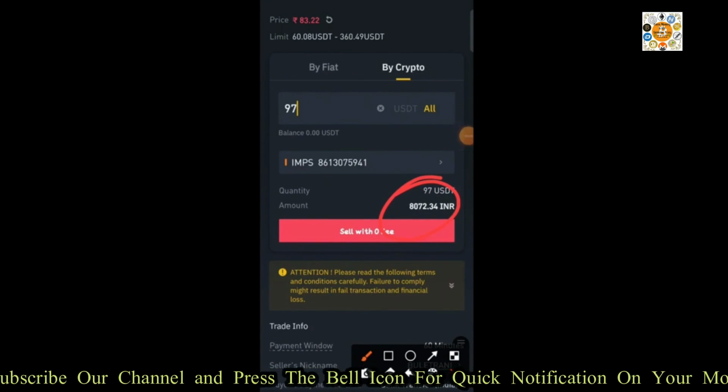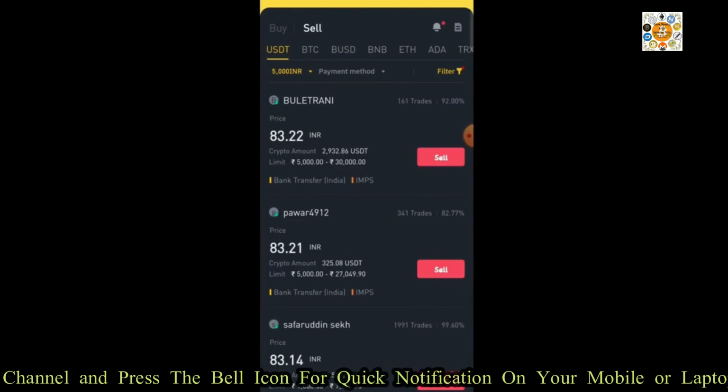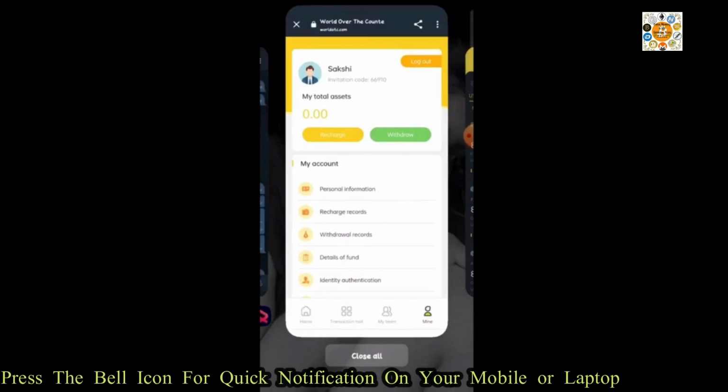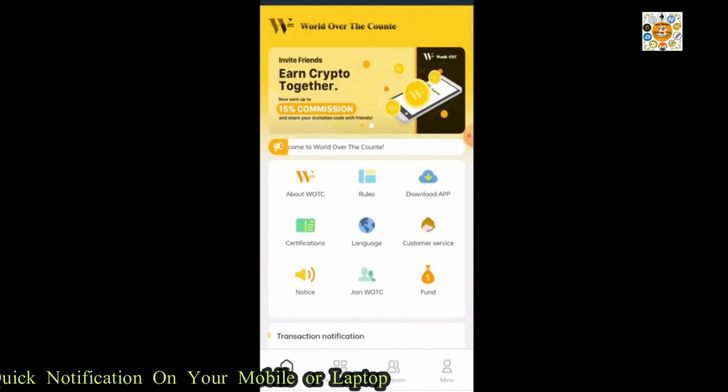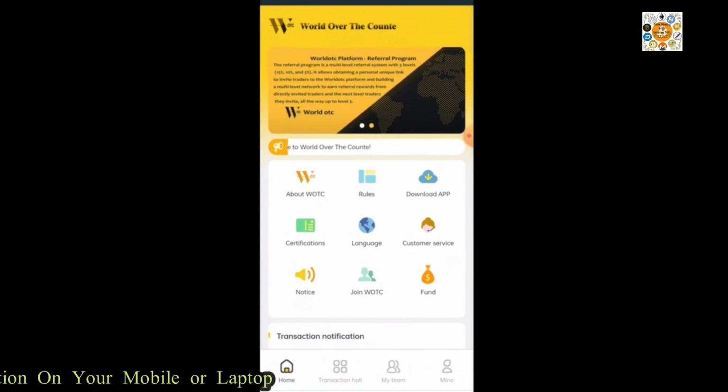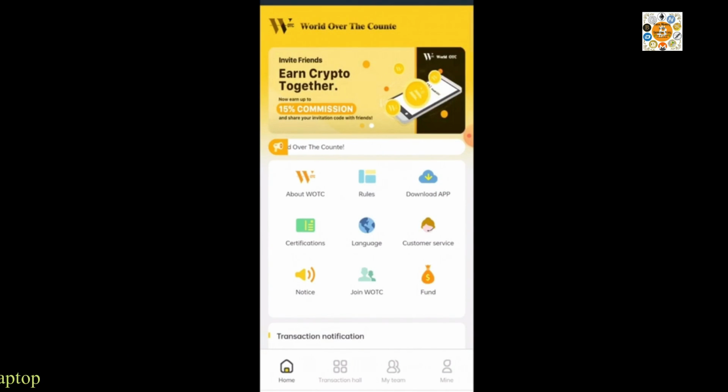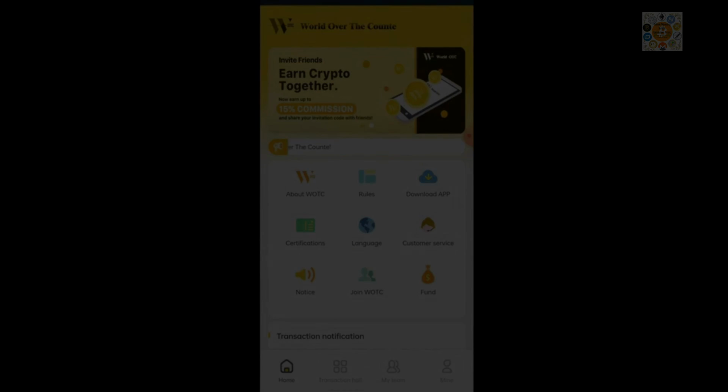So this is the whole process of how we can earn from that website. So let's open our website. This is the whole process of how we can earn from this, that is WOTC. So I think this is the best platform to earn for the short term. Then you can earn from this very well, and I think I performed a very good practical in front of you just because I deposited